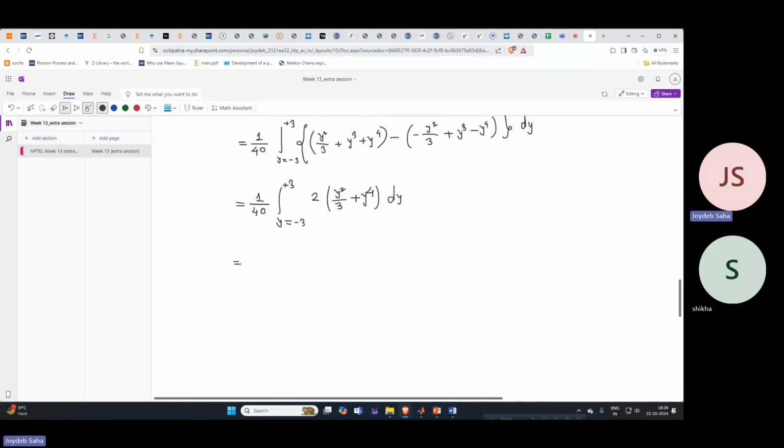So this is 1 upon 20, this will be y cube upon 9 plus y to the power 5 upon 5, and the limit is from minus 3 to plus 3. Okay,